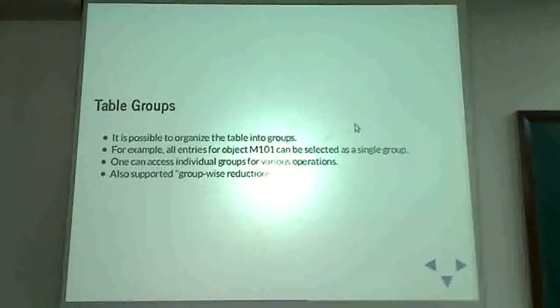And then, why would I want to create groups? Because eventually I want to work group by group. So I don't want to compute the mean MacB of the entire table. It doesn't make any sense. It would make more sense to calculate mean magnitudes for one object. So first operation is I would like to group by object name, or by the name of the source, and then I will perform group wise aggregations on them.